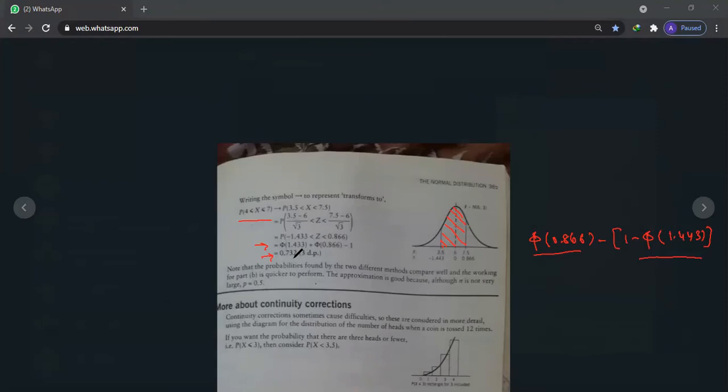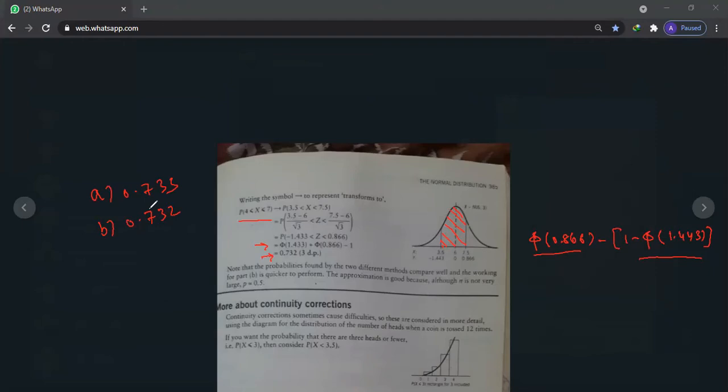Shayan, is there a significant difference between the two answers or a very small difference? Sir, in the previous part, the answer was 0.733. In part A, the answer is 0.733. In part B, the answer is 0.732. Is there a significant difference between the two answers or a very small difference? Very small difference.